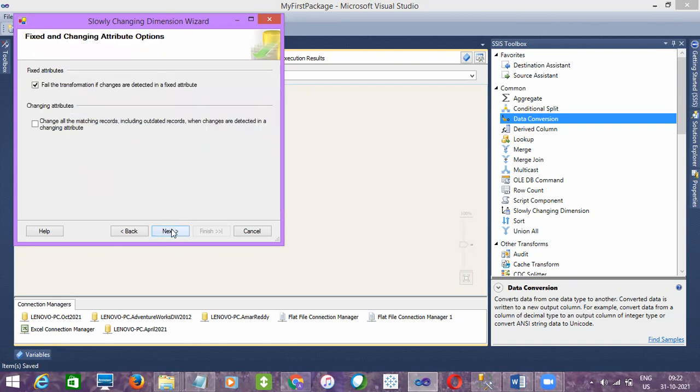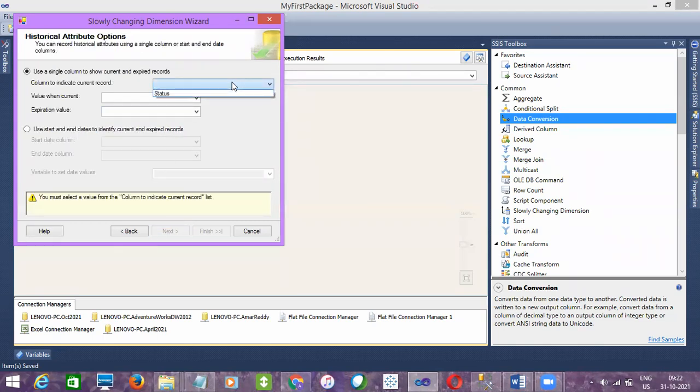So click on next. So we have come here. Here you can see the extra column which we have added now. So choose that status, and it will ask for which value when current, how you need to do it, either current or true or false. All right. So we are giving here current and then expired. If you want to change it, you can change it, right? So I'm leaving it as it is. For the current value, the most recent value, it will be current, and the previous value will be expired.